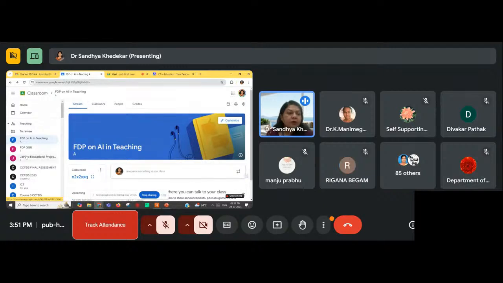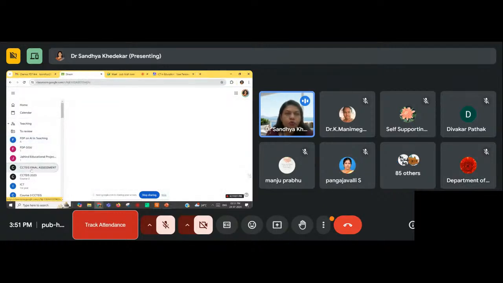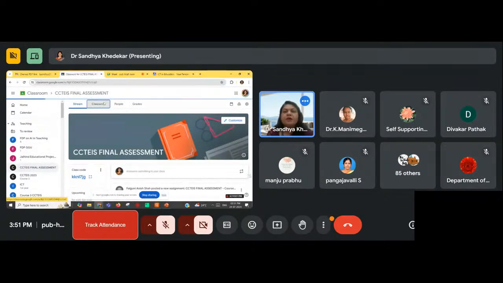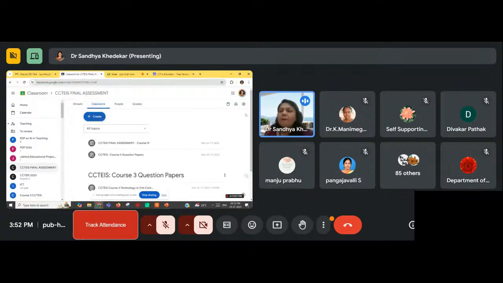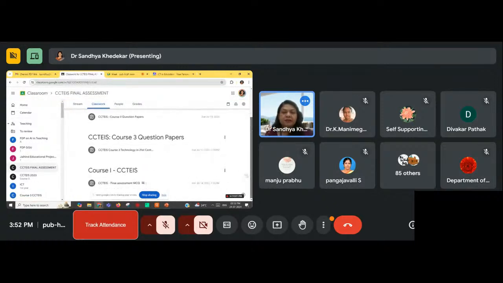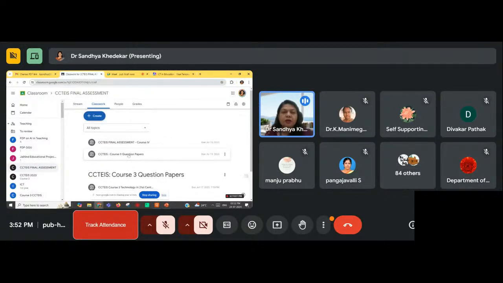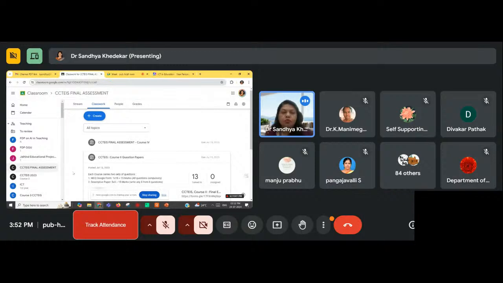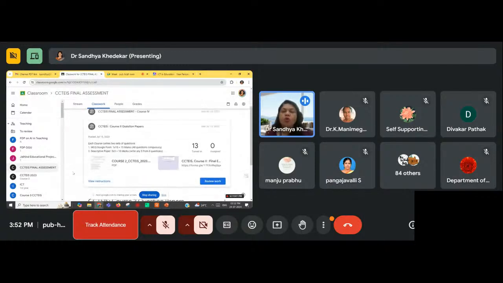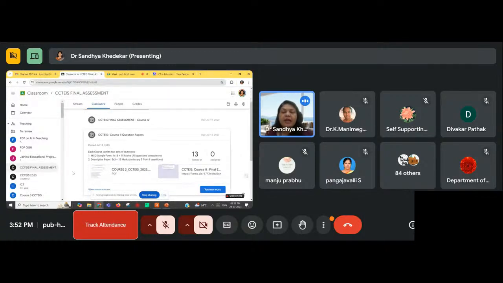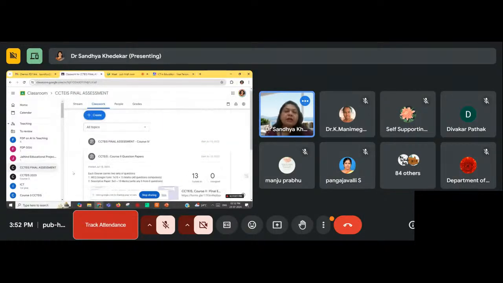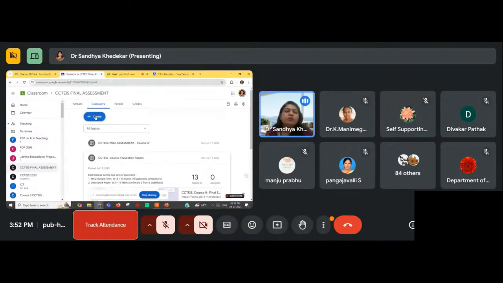There is a Classwork also. So I'll show you a few examples. In Classwork, you can upload the study material like this, some question papers, or some multiple choice questions, final assessment, or course content, some Google Forms, whatever you want to upload, your PowerPoint presentation, some PDF files, Excel files, Word files, study material, whatever you want, you can have it. Once you create, options like assignment, quiz assignment, question, material, reuse post, topic are available.